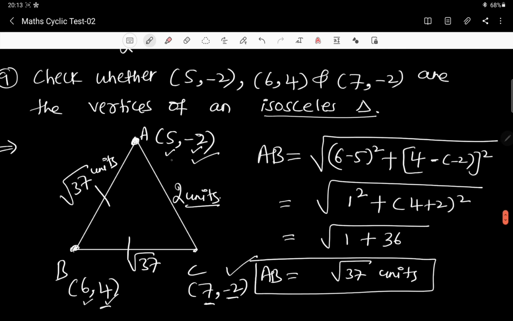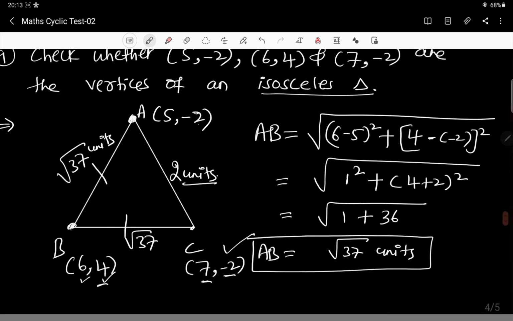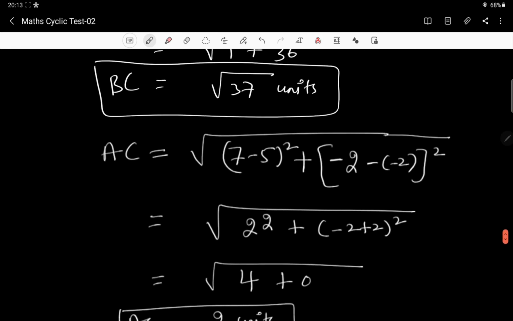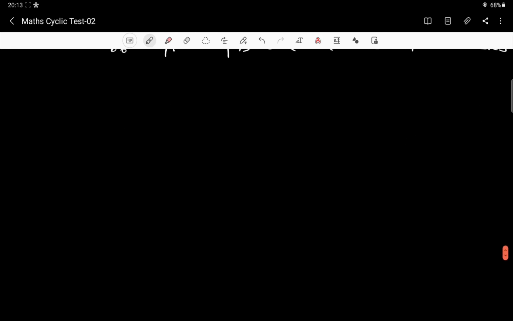Now no need to name these as x1 y1, x2 y2, no need of all those things. With a pencil you can make the tick marks, otherwise there is no need of tick marks also. Orally you have to do them. Yes, you should practice these kinds of things, then only they will become well versed with you. So this is like root 37 units also, that I have written. So this was quite a simple question. Let us move on to the 10th question.